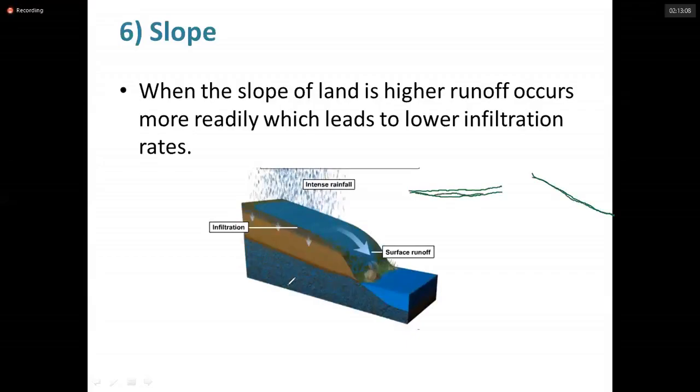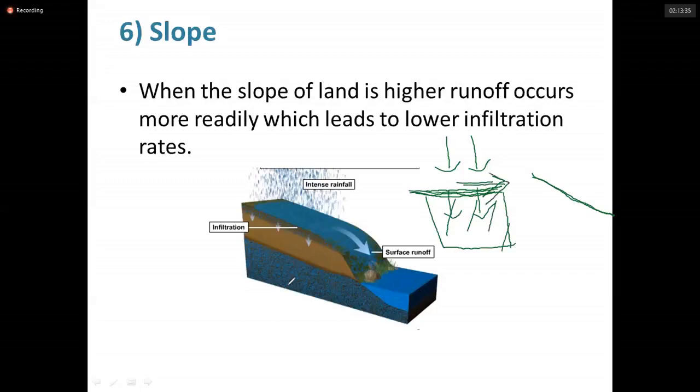If it's a flatland, once the precipitation reaches, what will happen? Once it reaches the land, it goes down as infiltration. So the loss as runoff is very less, because once these pores are saturated, then only